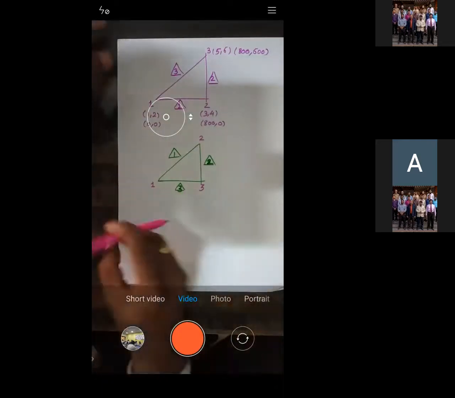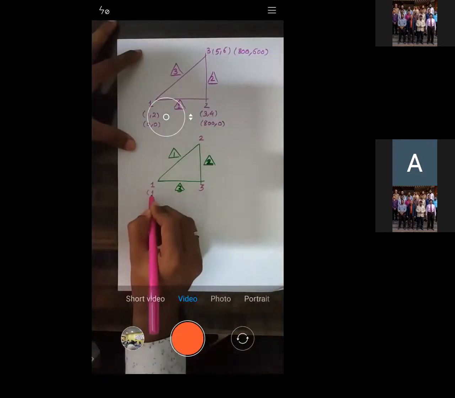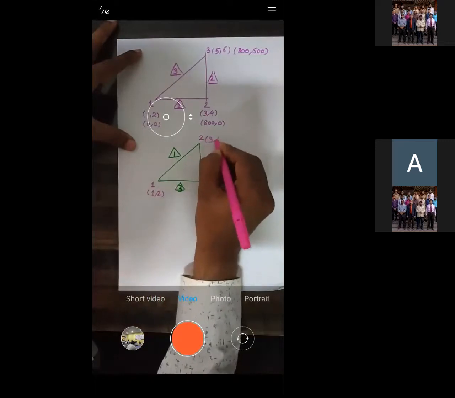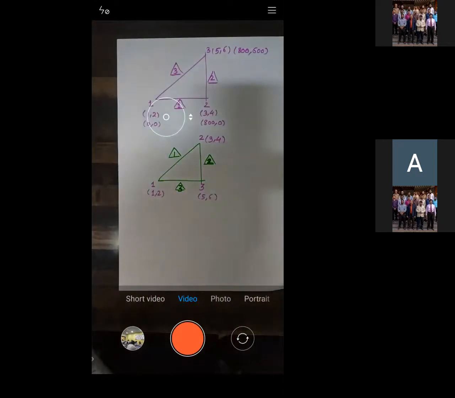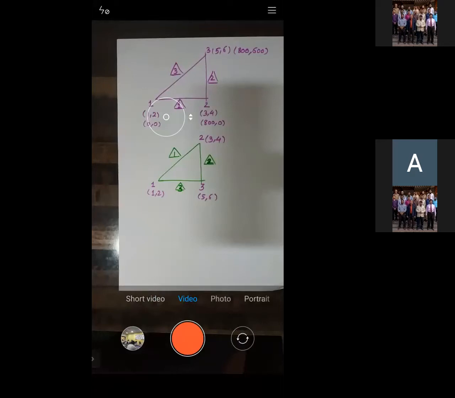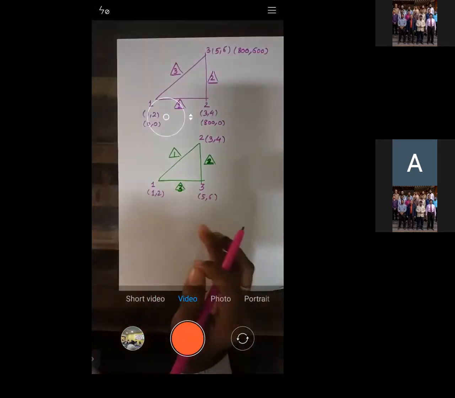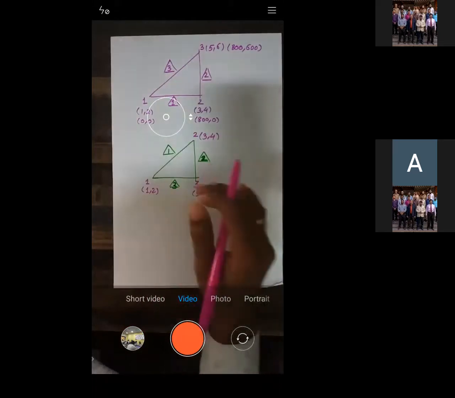Now we will start assigning the degrees of freedom. For this, the degrees of freedom are 1, 2. For this, let it be 3, 4. And for this, let it be 5, 6. Is that okay? Is it okay with this one or not? Is it okay with this equation? This sort of problem?